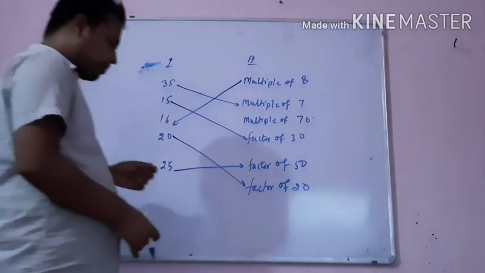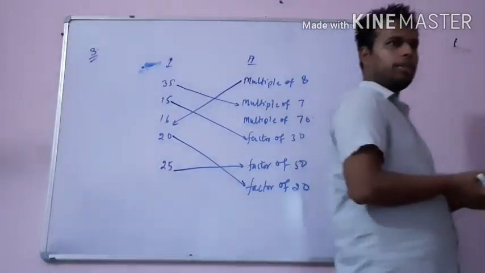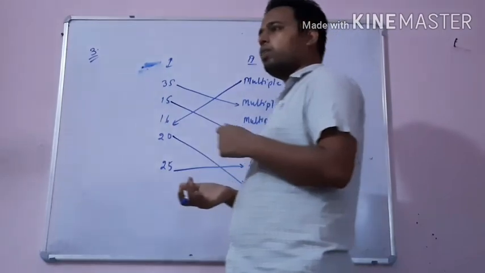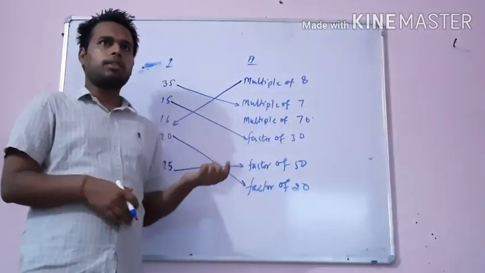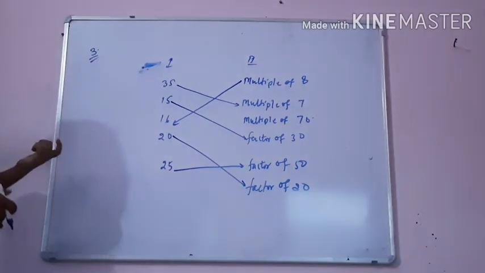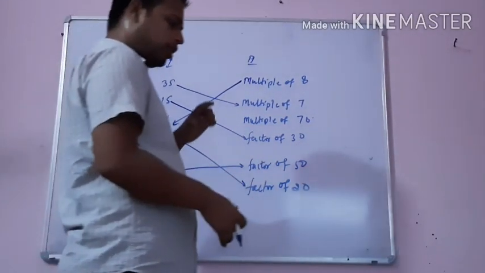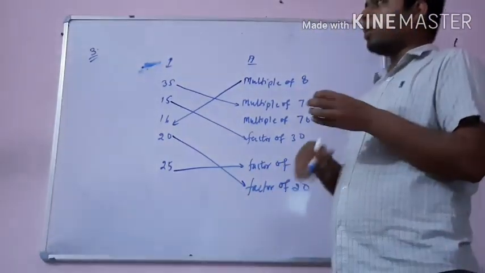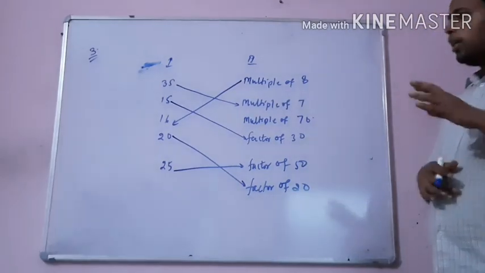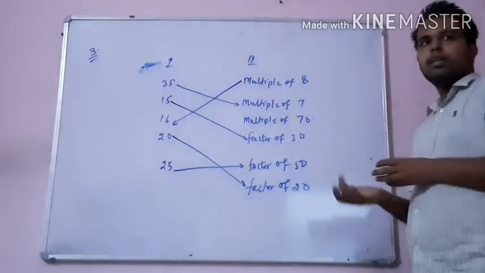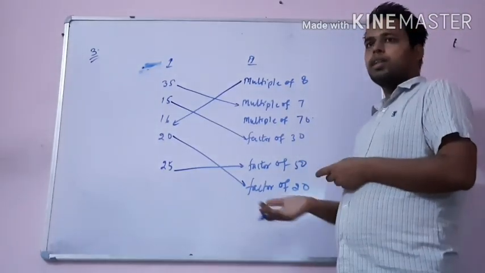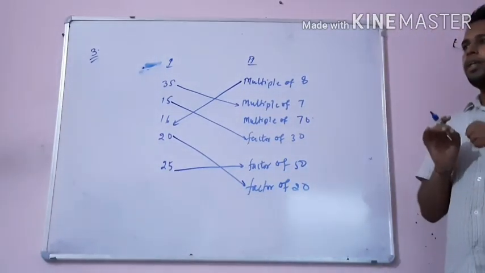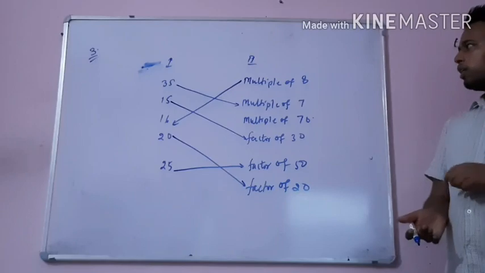So today we have started a new topic, that is Playing with Numbers. In this chapter, the first topic we discussed was factors and multiples, and we saw some statements regarding factors and multiples that you have to write in your notebook very clearly. You also have to mention examples below the statements you have written. We also saw some examples regarding multiples and factors. So for today this much. Solve the remaining questions of this chapter. Thank you. Have a nice day.